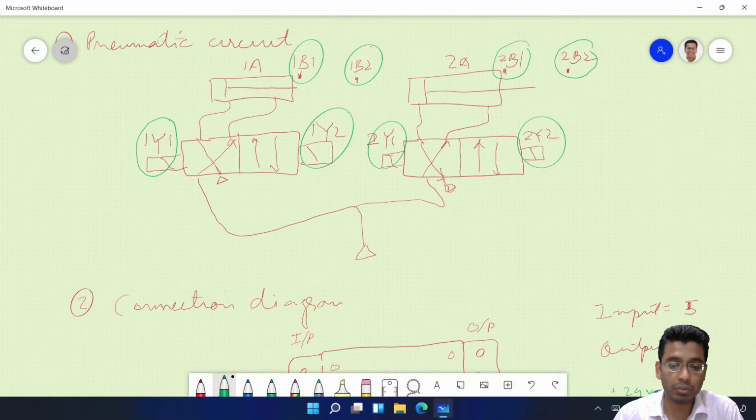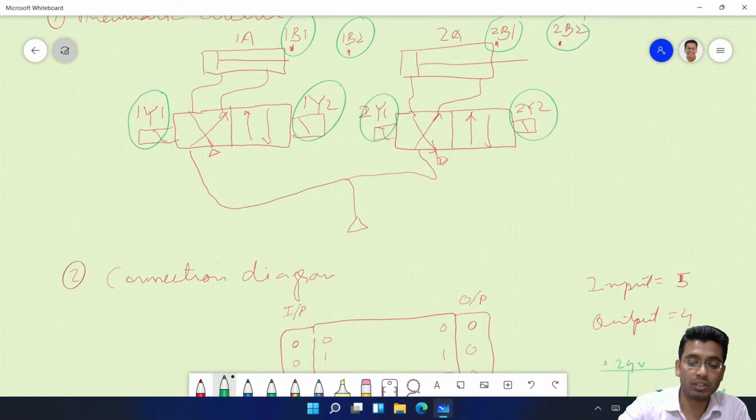Fine. So right now we are only completely extending or retracting the cylinder, right? At what speed and all those things we are not considering. So we consider these outputs to be digital. That means they either shift the spool towards the left or towards the right. So they are all digital outputs.